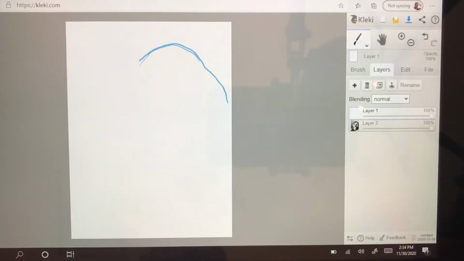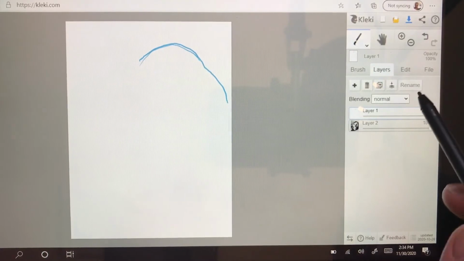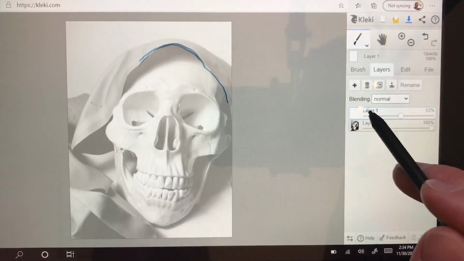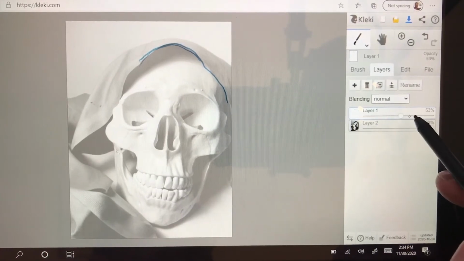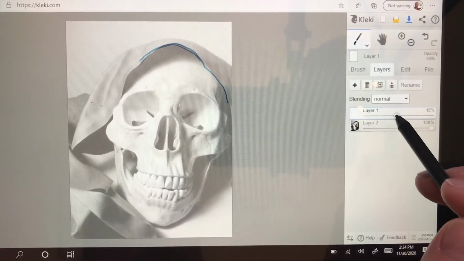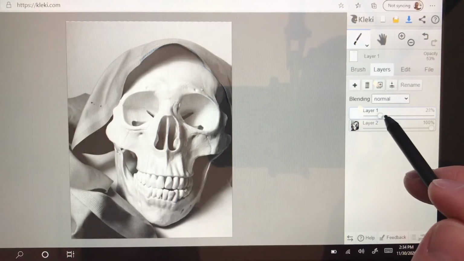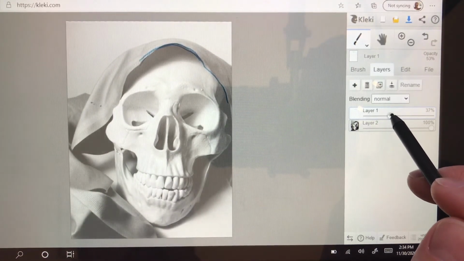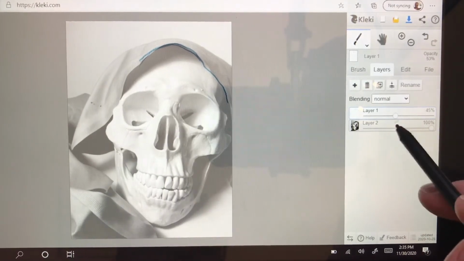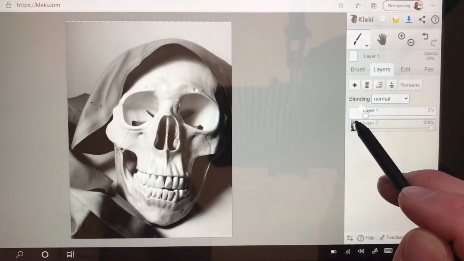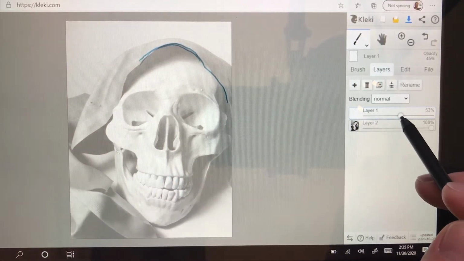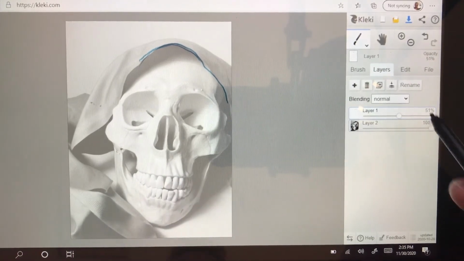Well, you say, well, how do I see the fabric? What I can do with this layer is lower the transparency. Right here, you can see that layer is selected because it's highlighted. I can lower the transparency like this, and I'll be able to see the skull underneath to find the contour. So I want to go somewhere in the 45. I don't want to go all the way down because then I'm not going to see the pencil lines that I'm making. All right, so if I keep it somewhere in the 45 to 50 range,